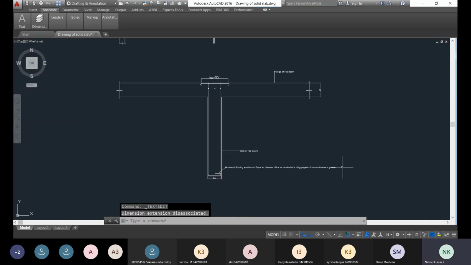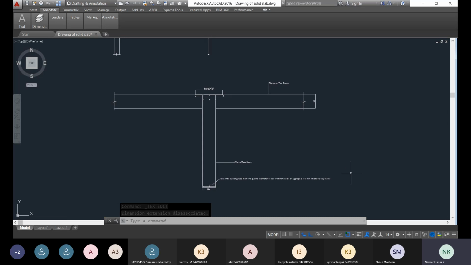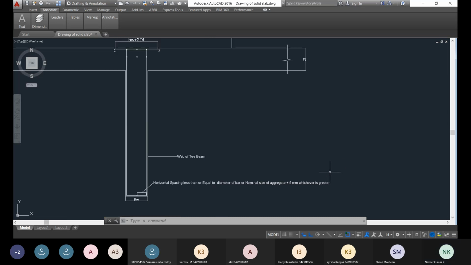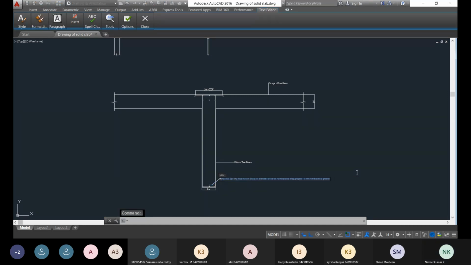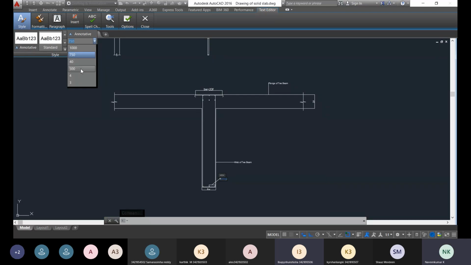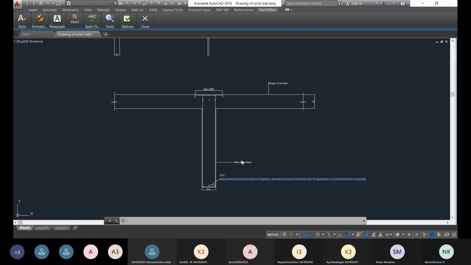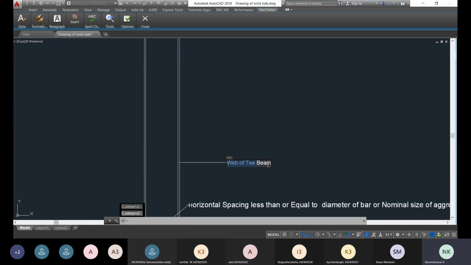This is visible, right? Can you all able to see the texts now? Yes, sir. So this is the way you can increase. I am going to apply 1000 annotation for all, so that it is even better visible.